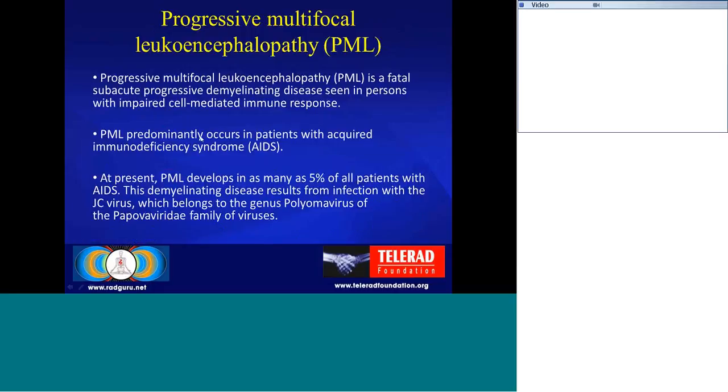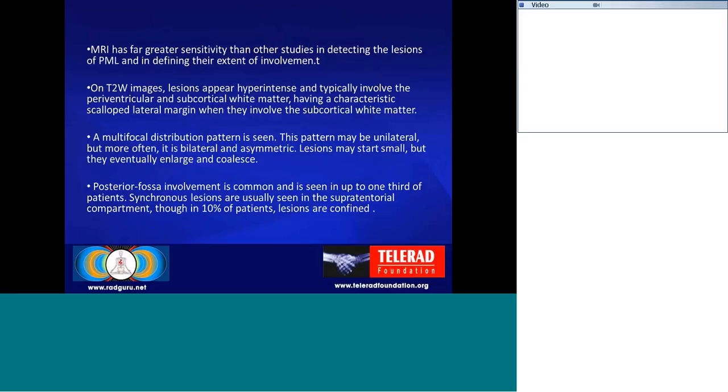Now HIV encephalitis has to be differentiated from progressive multifocal leukoencephalopathy. How to differentiate is very important by imaging. Progressive multifocal leukoencephalopathy is a fatal subacute progressive demyelinating disease seen in a person with impaired cell-mediated immune response. So PML occurs in patients with immunodeficiency syndrome. PML develops in 5% of all patients with AIDS, and it's usually due to reactivation of JC virus. So progressive multifocal leukoencephalopathy is a bad prognosis in AIDS patients, and